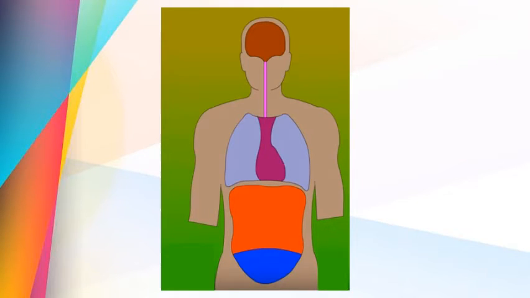Students, we will go through the location of the heart. Here we know that this is the cranial cavity, this is the thoracic cavity, this is the abdominal cavity, and this is the pelvic cavity, isn't it? And this also we know, that the heart and the lungs are situated in the thoracic cavity, isn't it? We will locate them now. This is our heart, right? This is located in the thoracic cavity, a little to the left, right?